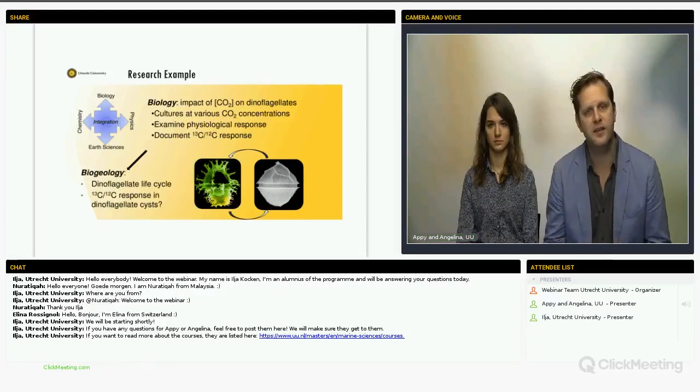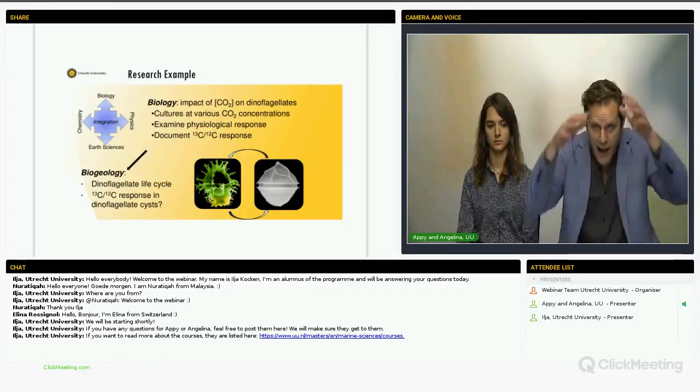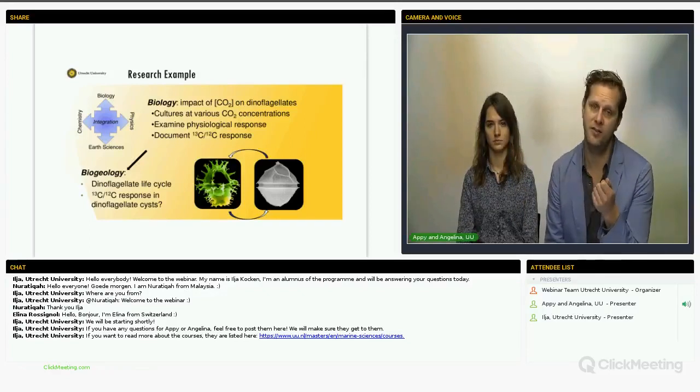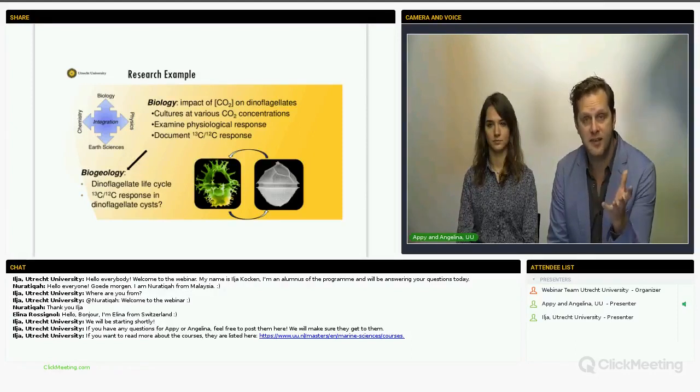And the cool thing about this is the dinoflagellates are not just swimming in the ocean, but as part of their life cycle they produce sort of a plastic bag around themselves, and they sink to the sea floor as a sedimentary particle. And one thing that will be interesting is to see if there is actually an imprint of the isotope response to changes in carbonate chemistry, CO2 concentration, in that dinoflagellate cyst that ultimately gets preserved in the